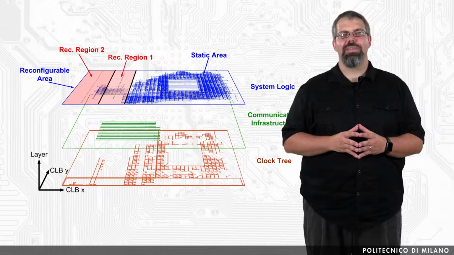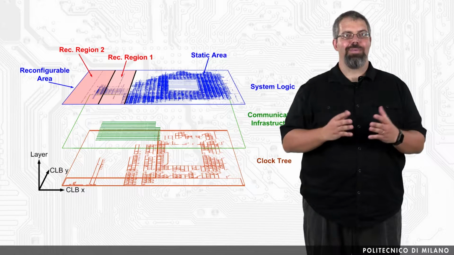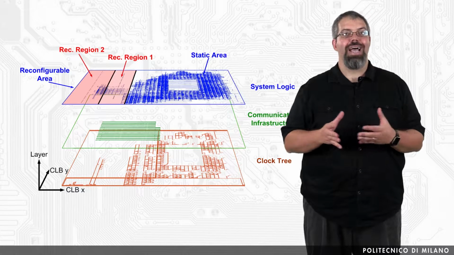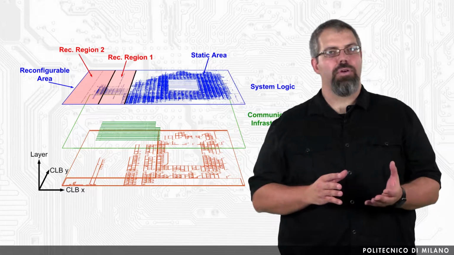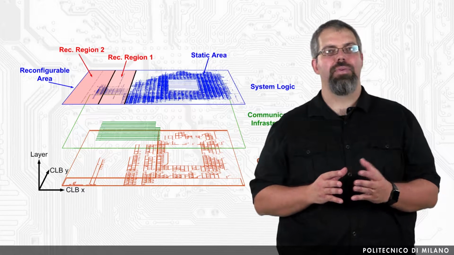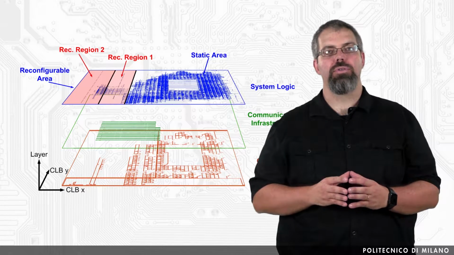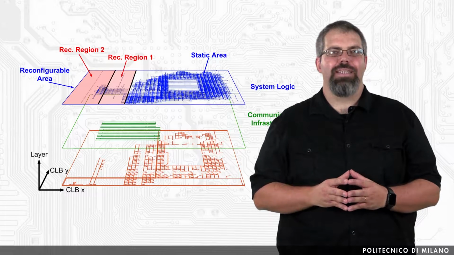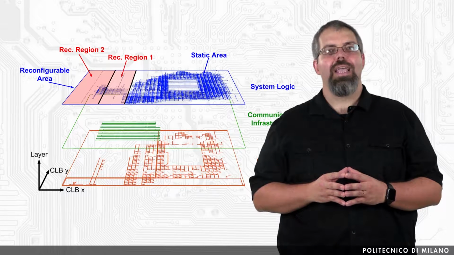Or it can be implemented via an operating system, which is, on the other hand, oriented towards increasing the level of abstraction and flexibility of the system, and simplifying module requests by providing a set of high-level system calls. Within this context, the development of an operating system for reconfigurable devices makes the whole system more flexible and increases the level of abstraction for the final users. And this is why, in the following example, I'm going to assume we are going to use a GNU Linux-based runtime. Now, let us suppose to have a scenario which involves two algorithms for cryptography, the Advanced Encryption Standard, AES,